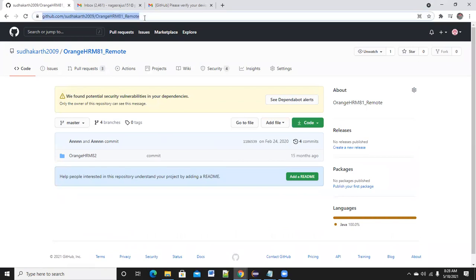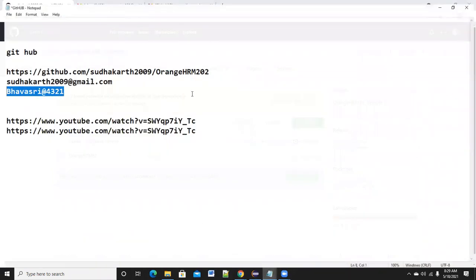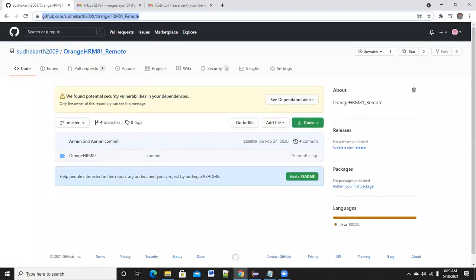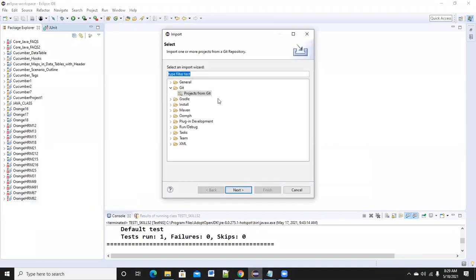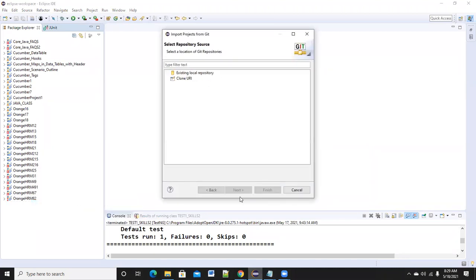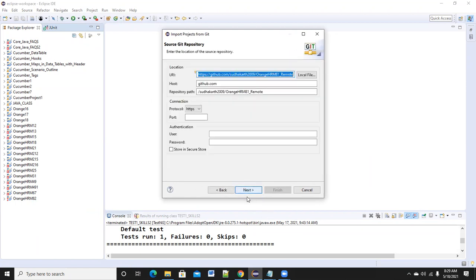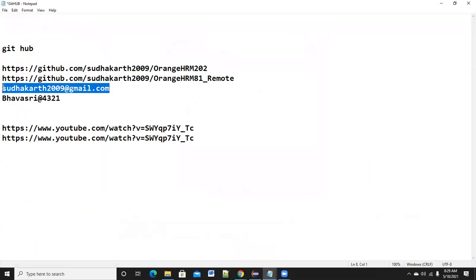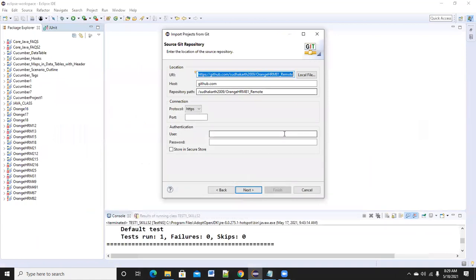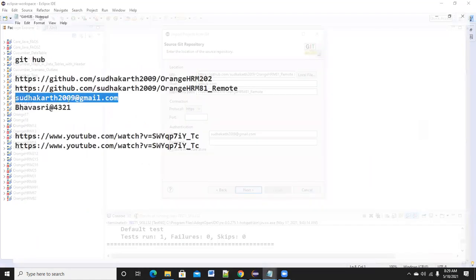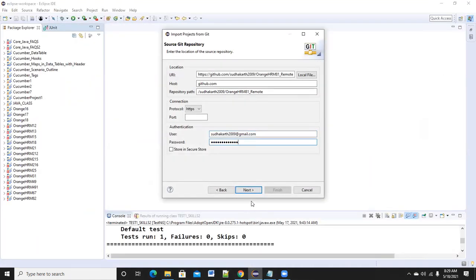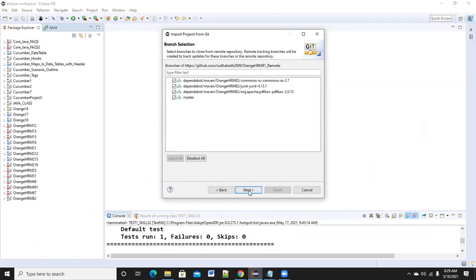So I'm taking this URI. This is the URI I'm going to import now. Previously I imported another one; now I'm going to import this project. Go to Eclipse, import, projects from Git, next, clone URI, click next and give the credentials. This is the activity you have to do on day one. They will give you the GitHub URI, user ID and password, and like this you have to import the project code.